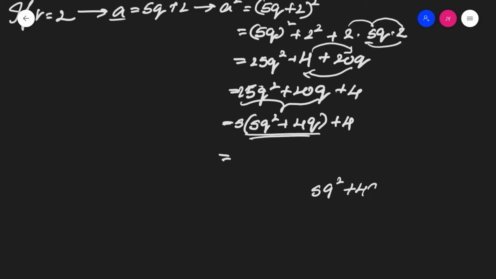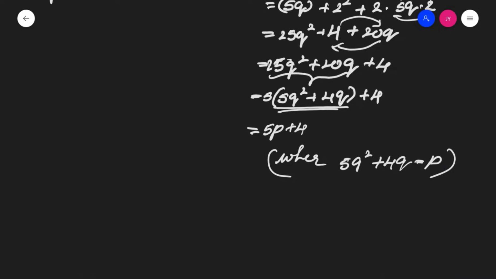5q square plus 4q is equal to p. So 5 into p plus 4 is 5p plus 4, where 5q square plus 4q is equal to p. Now the third